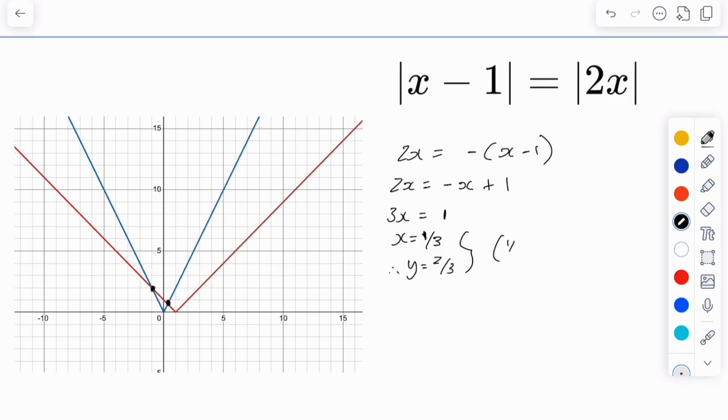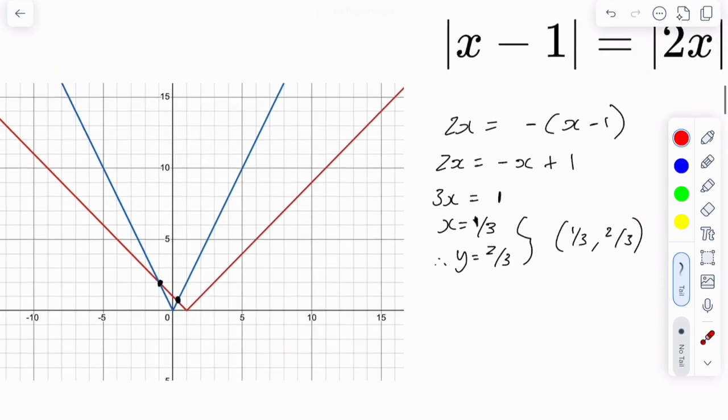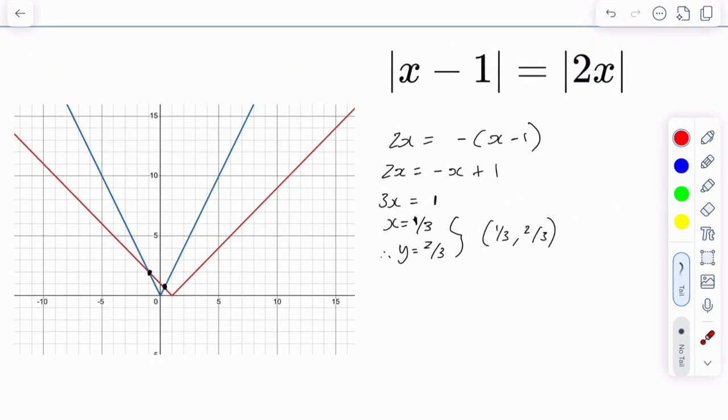So we got a third, 2/3 as our first point there. That's this done. Now, what about this bit over here? Well, as you can see for this bit on the left, the 2 points meet on